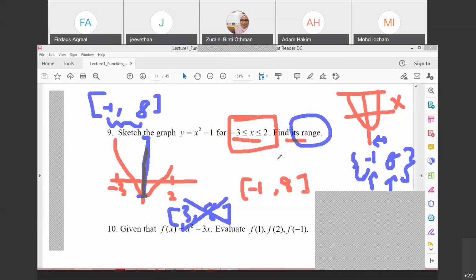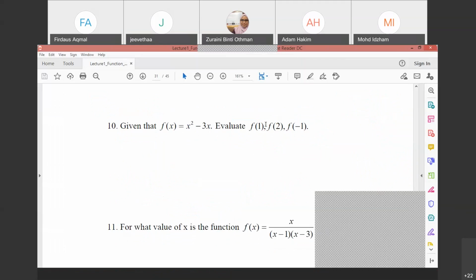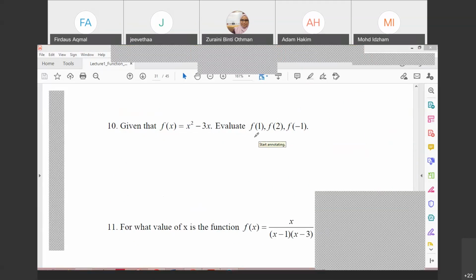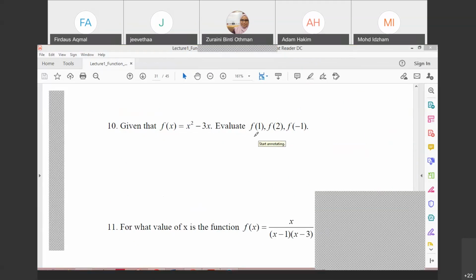Okay, now we move to the question 10. Okay, evaluate. Okay, for F1, what is the value for F1? Okay, F1 negative 2, F2? Two square minus 3 times 2, negative 2 also. Okay, then F1? 4. Yeah. Negative 1, 1. Betul. Okay, now